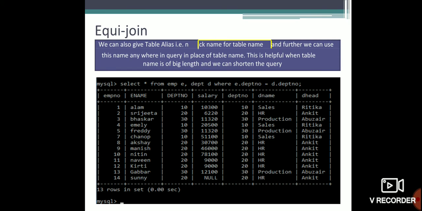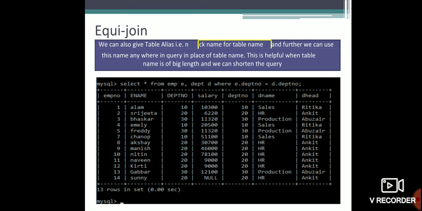Next, if you want to give a nickname to the table name, like I don't want to write the full employee, in the query itself you can write: select asterisk from employee EMP space, I want to give the employee table as E, comma, the department table as D. I have to mention it there only. It is known as table aliases. To give a nickname to the table name is known as table aliases.